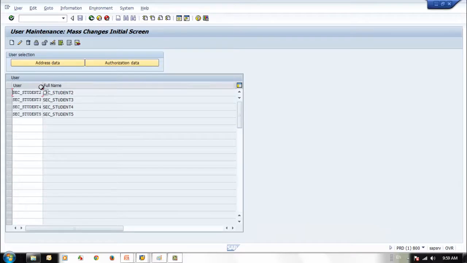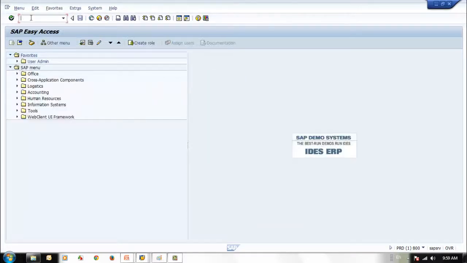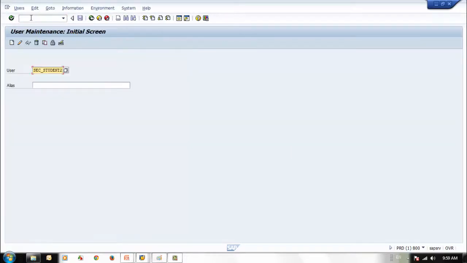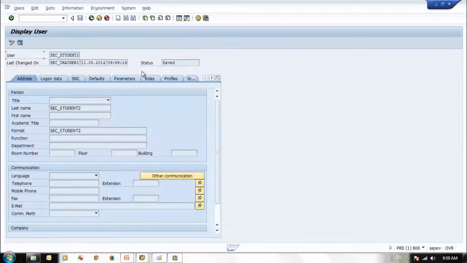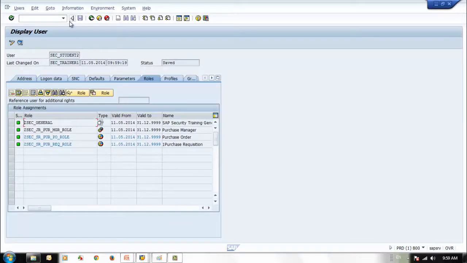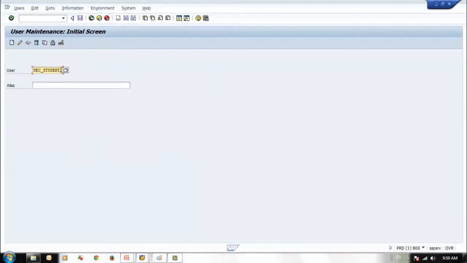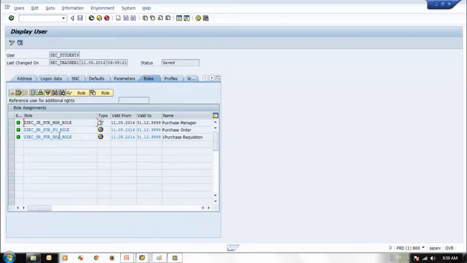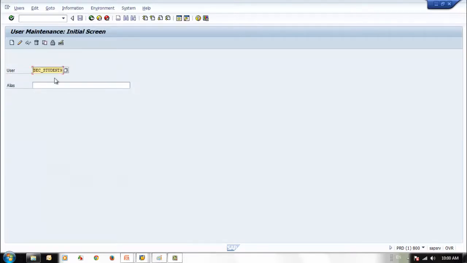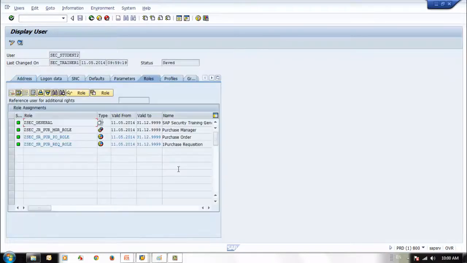So let me go back and see this user. This user has the new role assigned. If I go to another user, student 9, that user is not assigned this one. This is still the old one. So if I go to role 2, let's assume I wanted to remove this role from a couple of